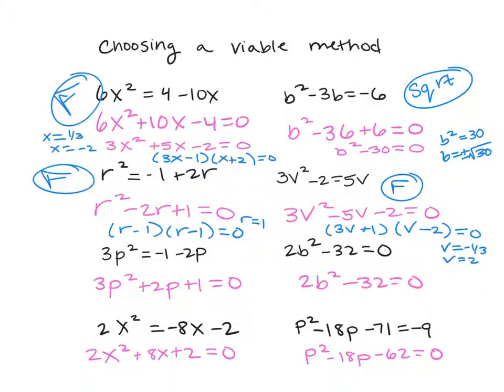And then looking at our next one here, I'm looking at that one and thinking I can't complete the square because I don't have an a value of 1. I can't solve by square rooting because I have this b term. So factoring looks like my only option, but as I'm looking at that, I don't think it's going to factor